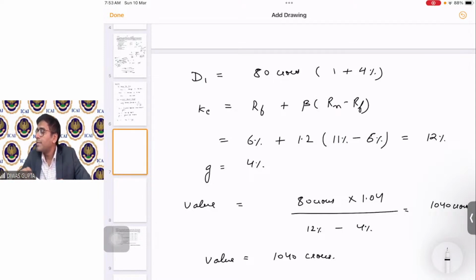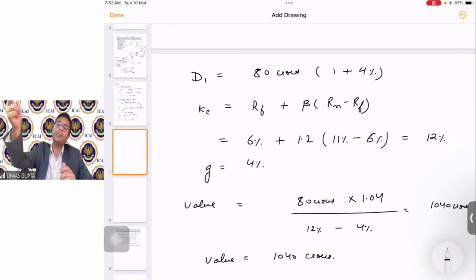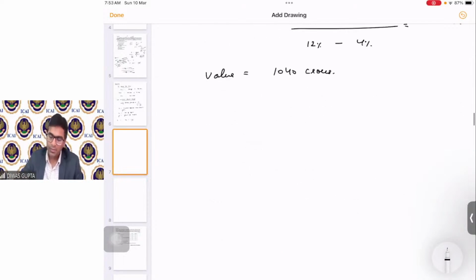Okay, so Gurram, expecting dividend means D1, because the question said that recently 200 crore is earned and out of that 200 crore, 80 crore will be paid. That means, first of all, it is information as on today. While calculating the value as on today, we need the dividend 1 year from now. Hence, we have taken 80 crores times 1 plus 4%. Okay. Yes, Mancha, it is 12%.